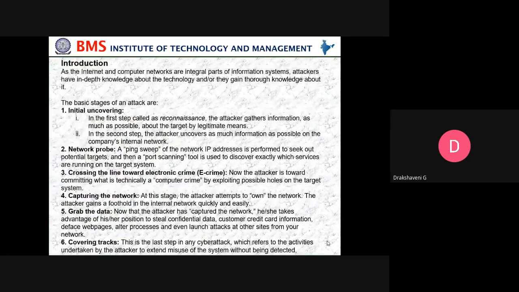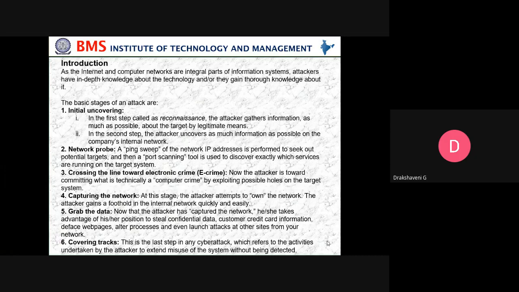As we all know, any cyber crime will be done with the help of the internet and computer network. These are the two main things. Along with that, we require a laptop system. As the internet and computer networks are an integral part of the information system, attackers have